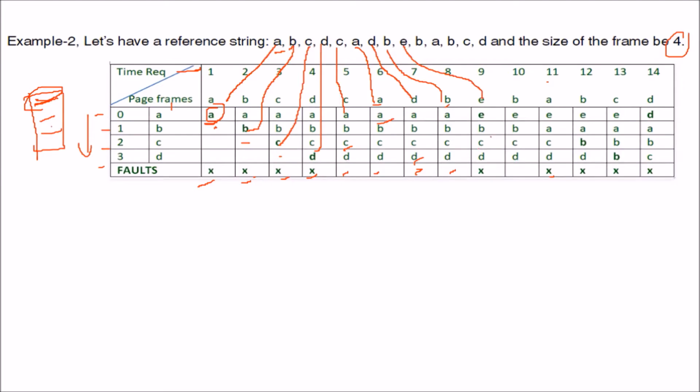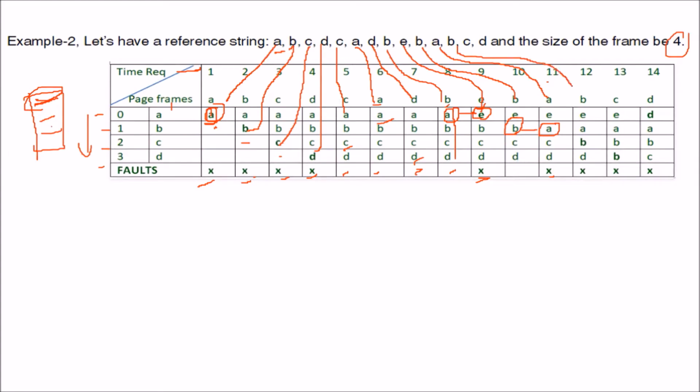E will come. Still E will be checked for page replacement, but E is not here. So which has come first? Among all these, A is the oldest. So A will be removed, and this will be replaced by E. Okay. Now B has come. B is already there. No problem. Then again A has come, because A was removed earlier to make room for E. Since B has been there for quite long, first in, first out, this B will be removed and A will be kept here.